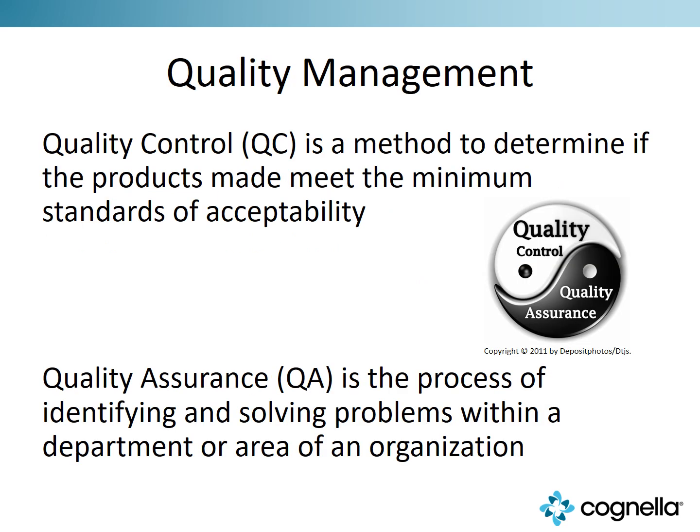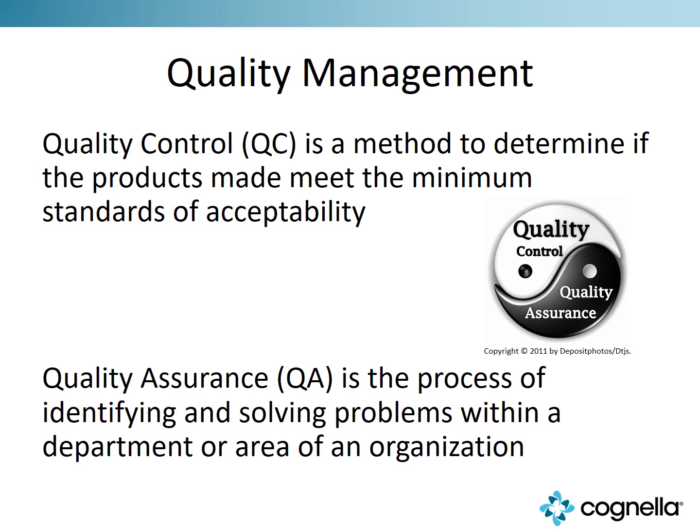So we're going to talk about a couple different things in quality management, some different acronyms here. So we have quality control, which is QC. This is a method to determine if the products made meet a minimum standard of acceptability. And in food service, this typically has a temperature associated with it. It could have a portion size associated with it, potentially even a taste associated with it. Again, that's a subjective evaluation, but a lot of times quality control does typically relate to a temperature and an